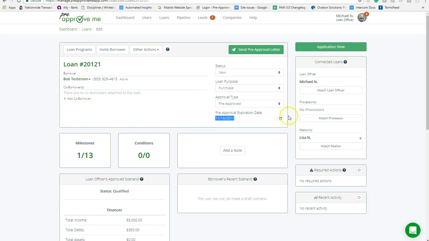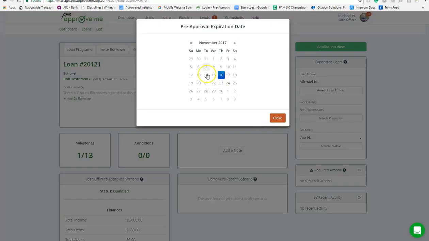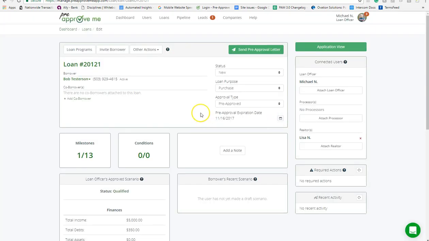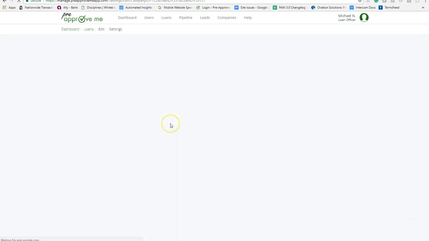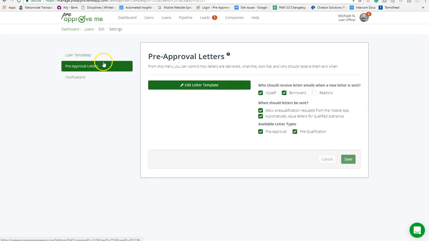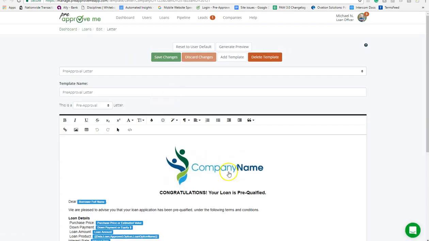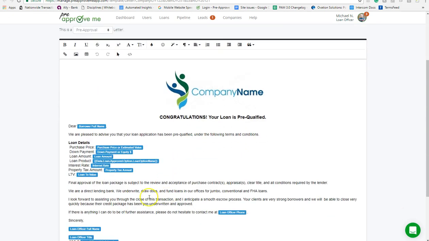So typically it's like 90 days since you pulled the credit report. So when you're registering a new customer, if you need to set an expiration date for when that letter's good for, go ahead and click on this icon, pick the date, and make sure that it's added to your letter template. So if I go to my loan here, I can go to my pre-approval letters. You'll probably want to change your main template, not edit your loan letter like I'm doing here. But I'm going to go ahead and add this, say right here,